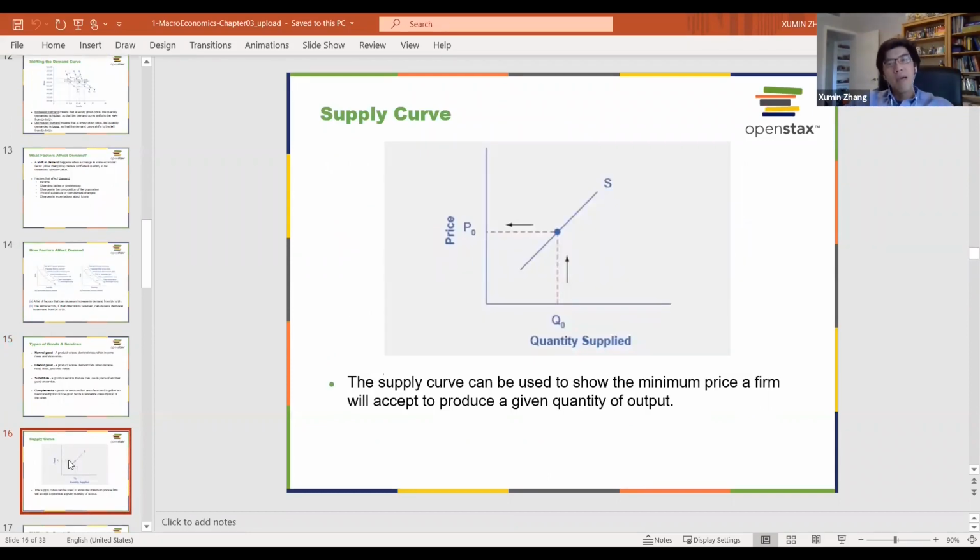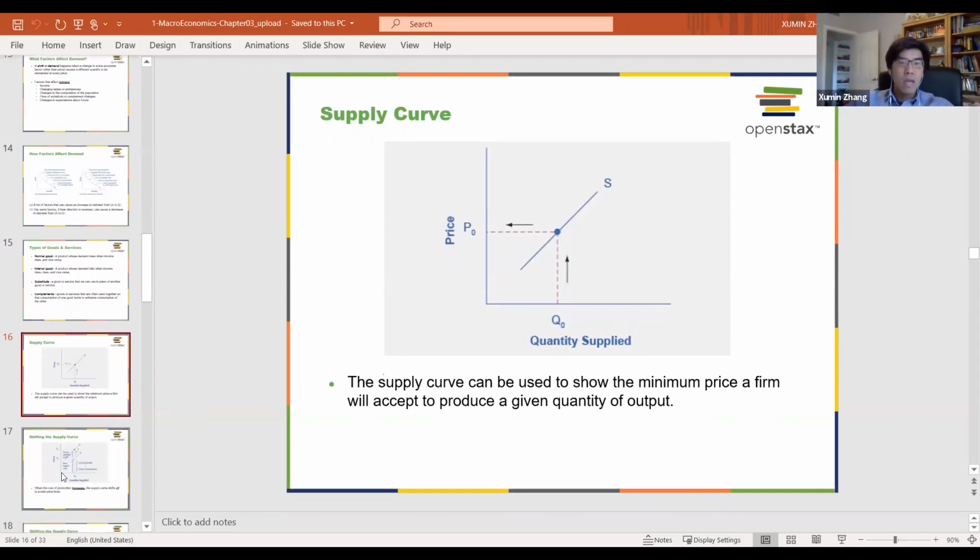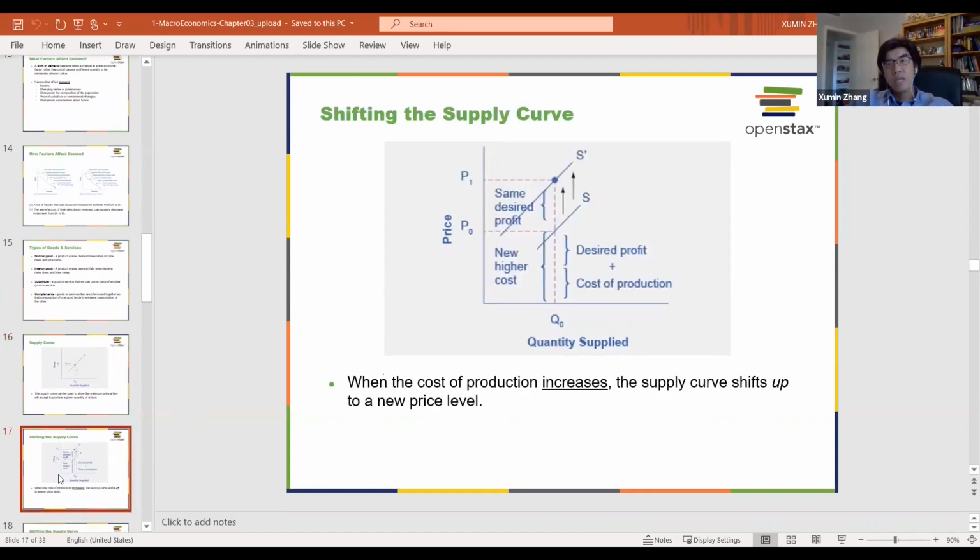All right, the supply curve is, as I said, an upslope or positively sloped curve. Once the price goes up, the supplier or the producer has the motivation to produce more. This is the logic behind that. But there is also the possibility to shift the supply curve. Although the arrow goes up, I would say this is shifted to the left. The other side is shifted to the right. It's easy, it's consistent with the demand curve.